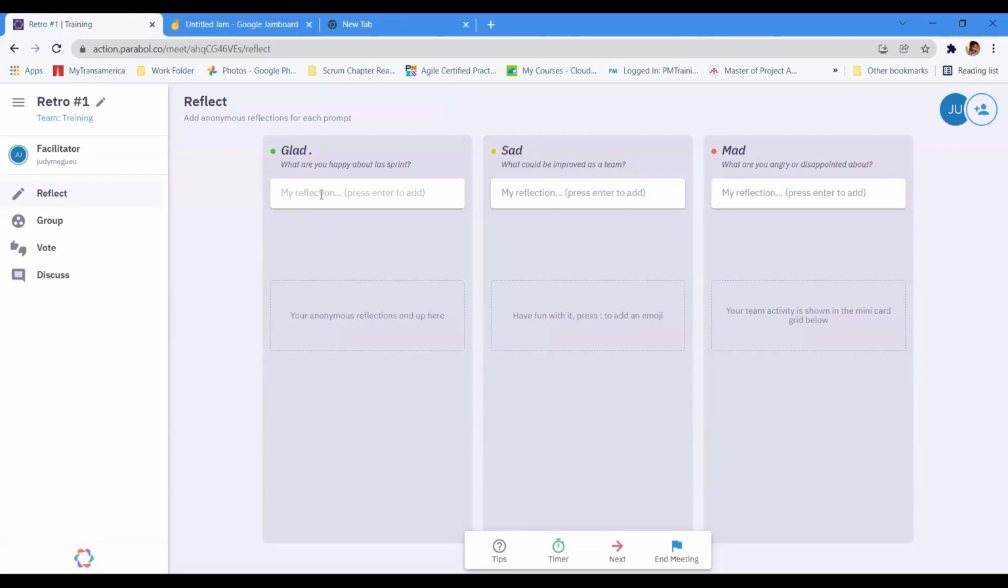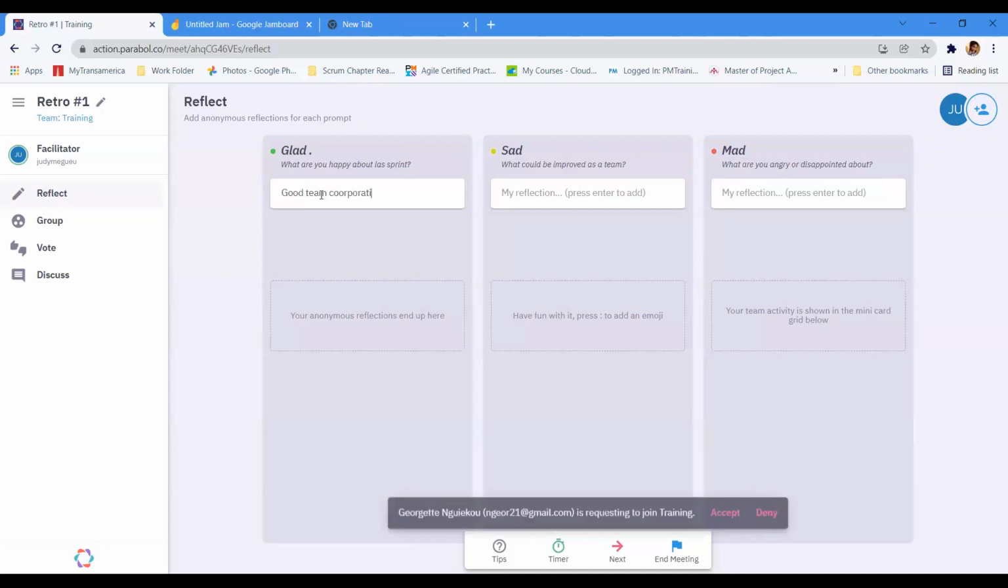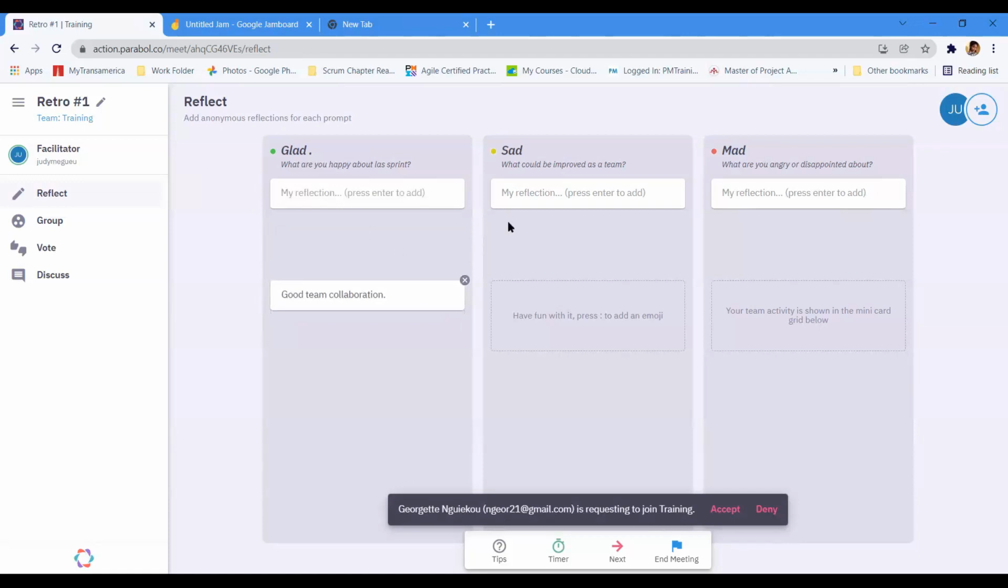So my reflection, I would say, for example, good team cooperation, or good team collaboration. And if I'm supposed to write my own thoughts, I don't share my screen usually in front of my team, because I don't want them to see exactly what I'm writing. Now, if I don't have anything in particular to share, then I would let them type. When they type, I will see somebody typing. Now, can you guys have access to the